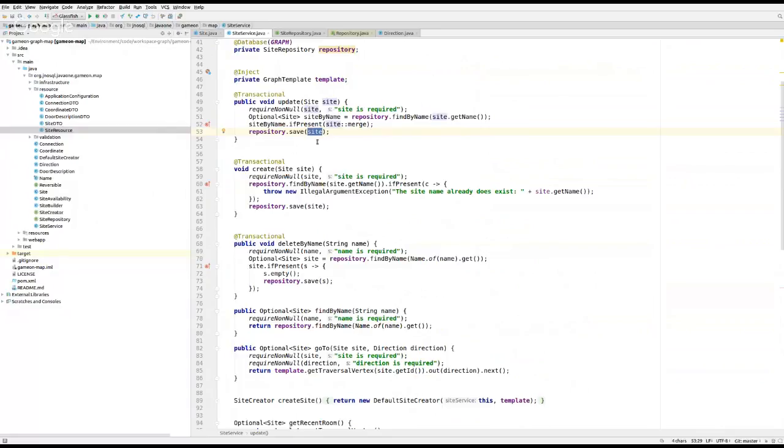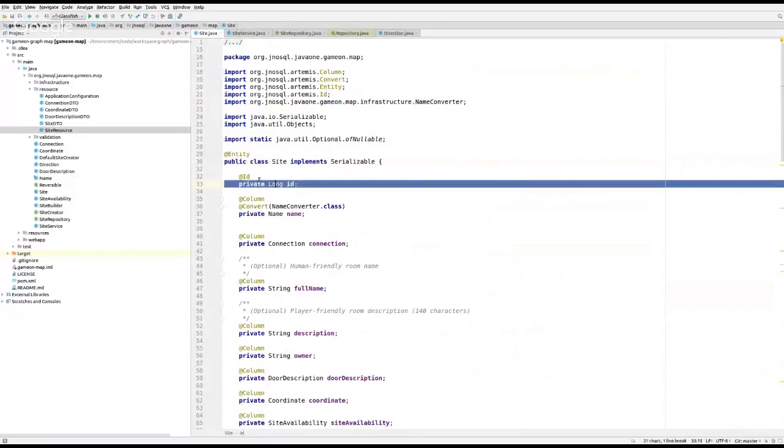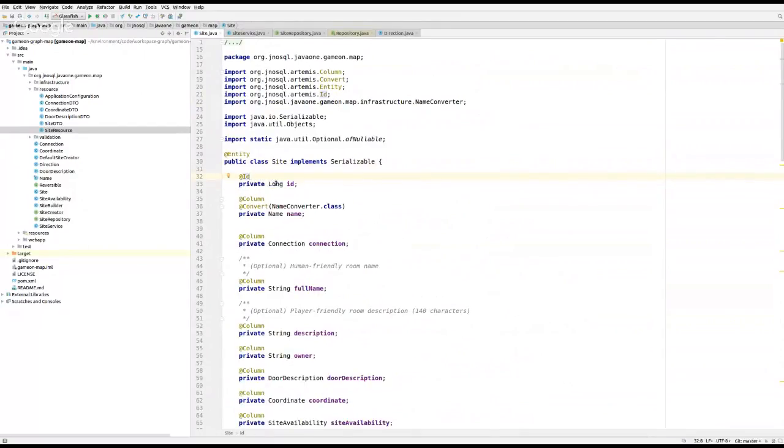So this repository here follows DDD. Basically, if the entity already exists in the database, it's going to update it. Otherwise, it's going to insert it in the database. So it's going to try to find by ID, the field that has the ID annotation. If it has the ID annotation, it finds it by this ID, and if it does exist, it's going to update the information.